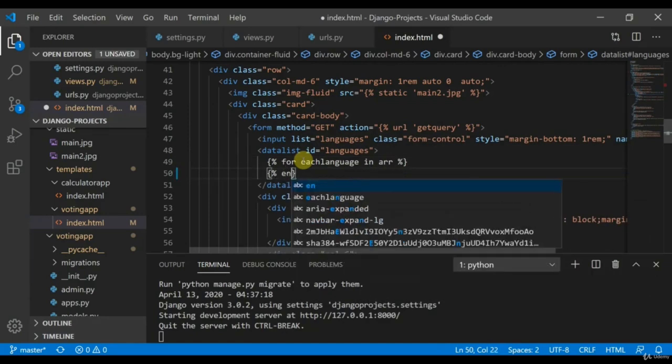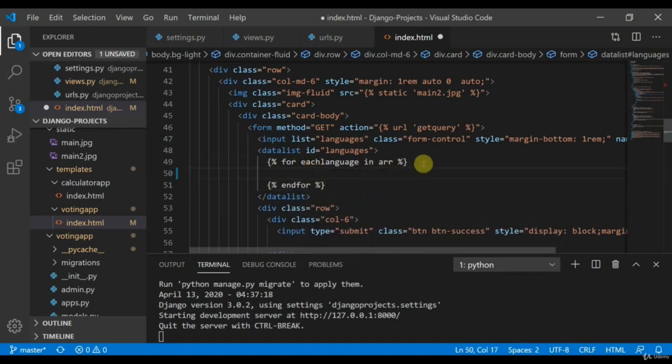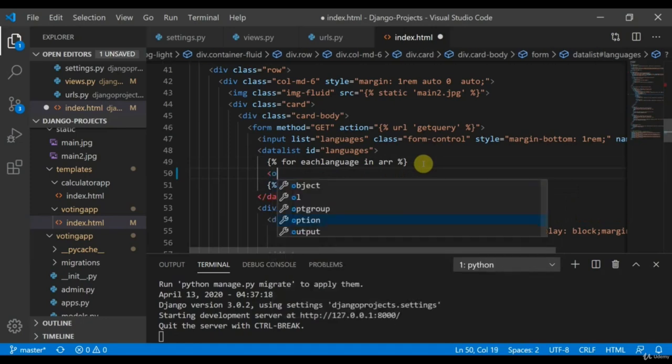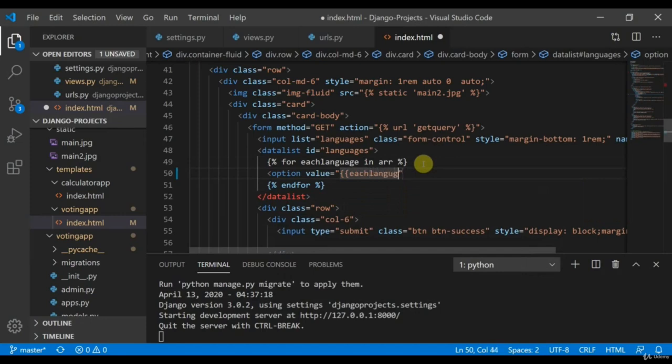And what we are going to define is an option value equal to each language. Good. So I told you that we take only a single option tag.